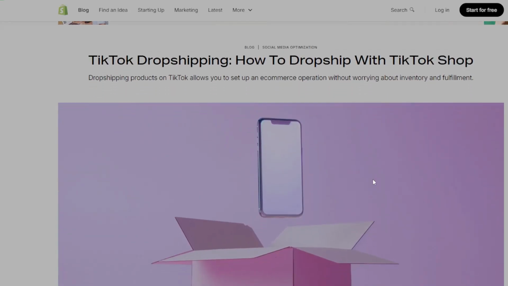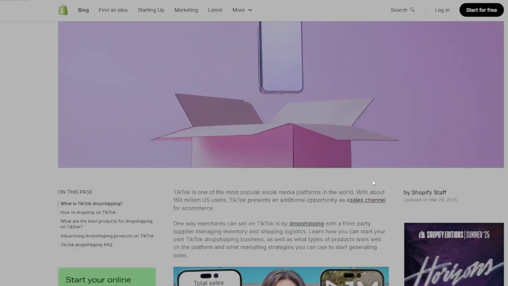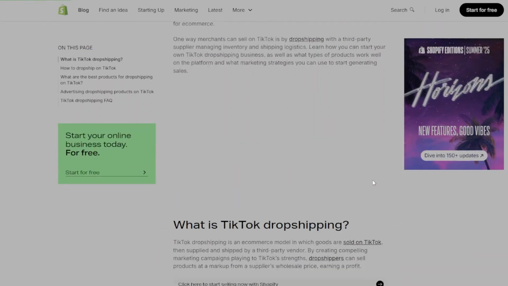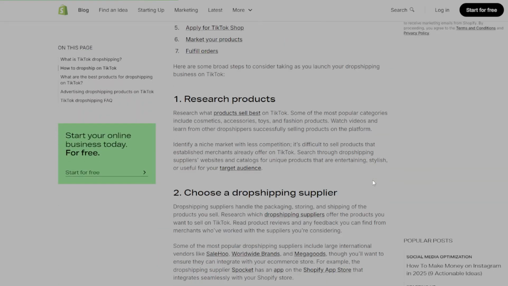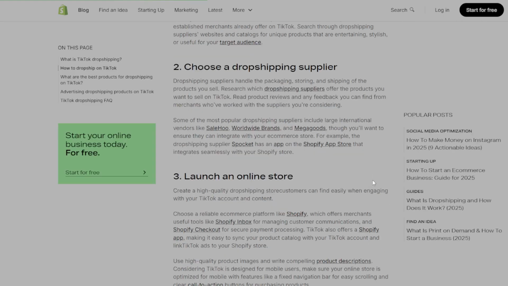If you're running a dropshipping store and not using TikTok SEO, you're missing out on free traffic that actually converts. Start by researching what your audience is already searching. Use TikTok's search bar, type in your niche or product, and look at the auto suggestions. Those are real keywords people are using daily, then build content around those terms and naturally say them in your